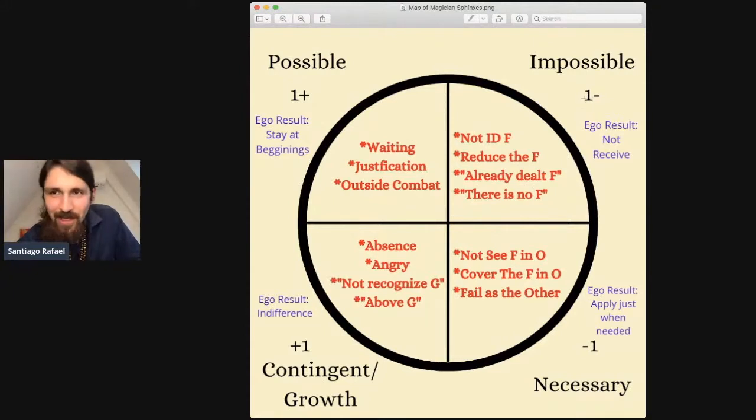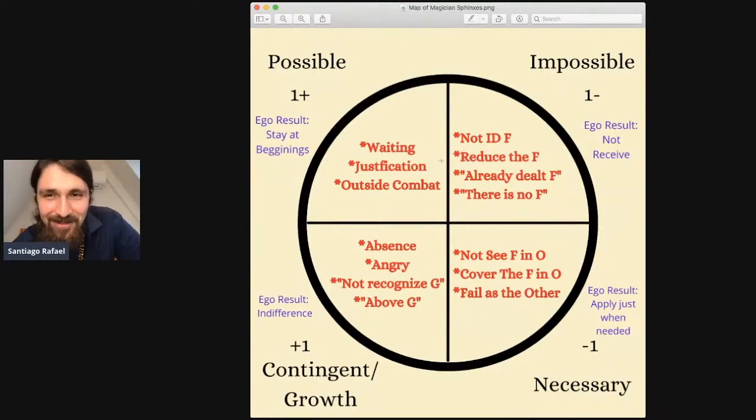Then the impossible is when you cannot. You minus. I not. Cannot do it. So what keeps things impossible in the Sphinxes in here is not identifying the failure, or the fault, or the flaw. This is multiple F. We are looking here for the power of the failure. This is very important. The ego doesn't like at all to see that it's not perfect, that you are not perfect. Even though the New Age movement says you're perfect,